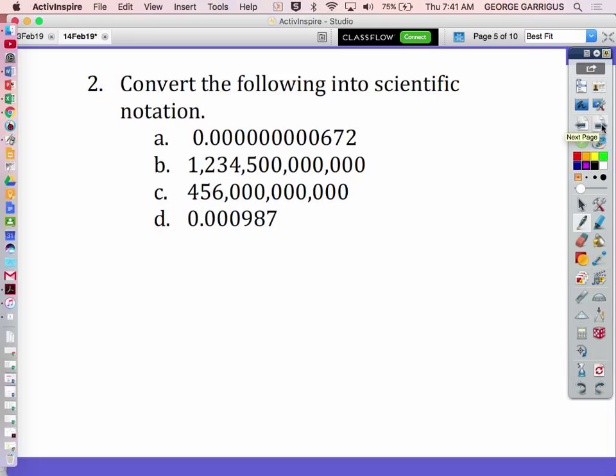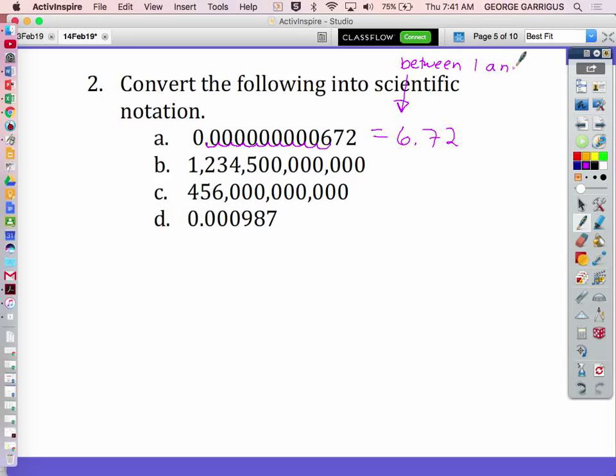Problem 2, convert the following into scientific notation. Well, when we do this, we're going to count 1, 2, 3, 4, 5, 6, 7, 8, 9, 10. So we're going to change that to 6.72. Remember, the leading number has to be between